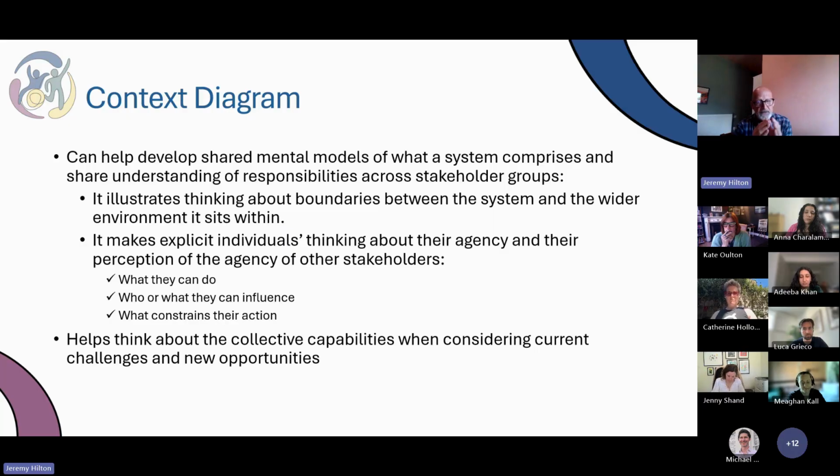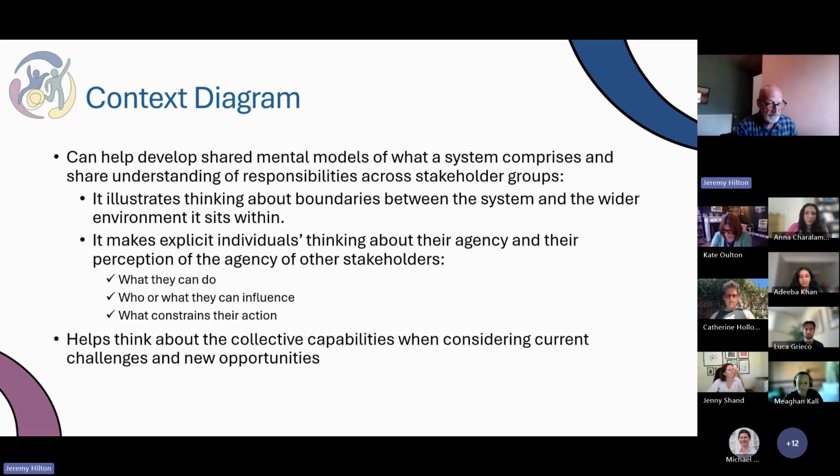And what Michael said just now is really quite pertinent in this, because, and I'll show you, it's what can they do, what can they influence, and what constrains their action. It's very much, again, putting out on paper so you can talk about it, the different stakeholders from different people's points of view, and to understand both what individuals feel, but also, when we're looking at improving transitions, do we have people with the capability to do things, enough people in there?